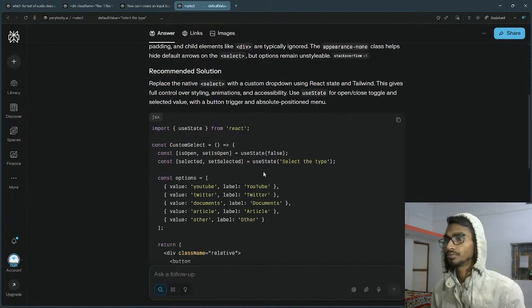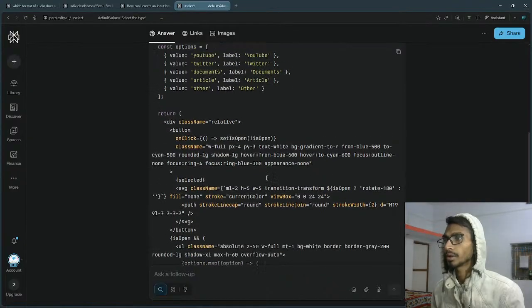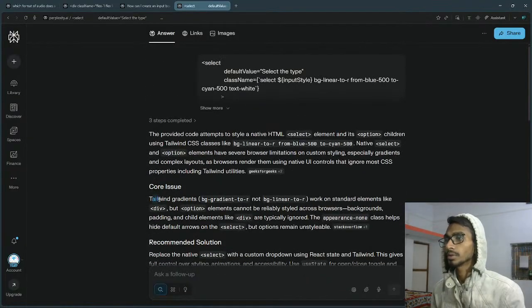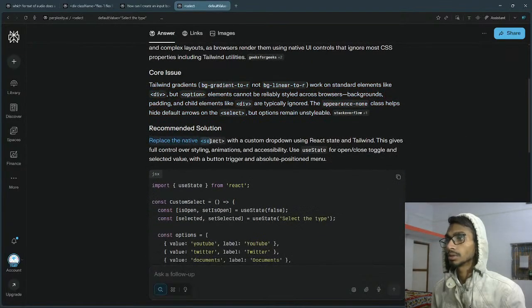Recommended solution. This particular thing. It's okay, I'll be getting it, and that's not a big problem. It's simply saying that core issues: Kelvin gradients, BG gradient to or not BG linear to, or constant variables like revert option else cannot be available. Style background reference in the class. Select, replace the label selected with custom drop down using